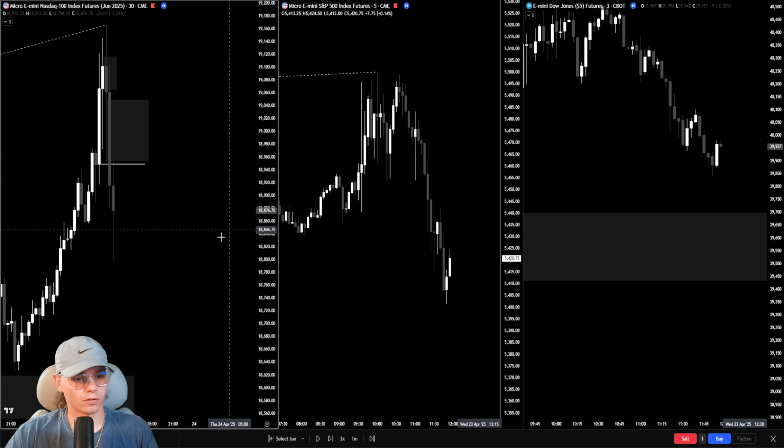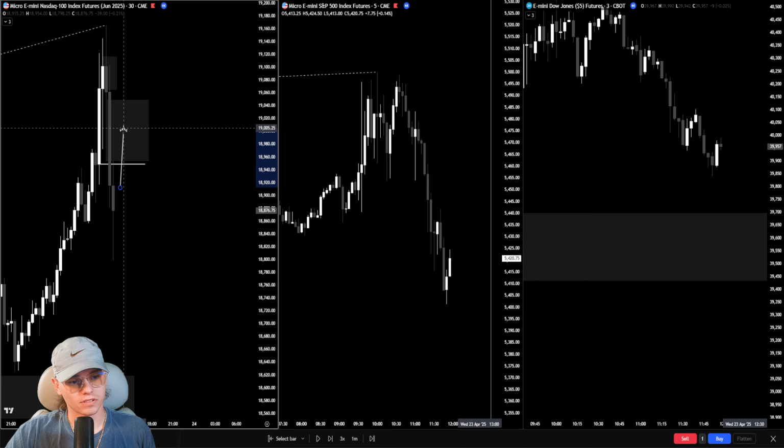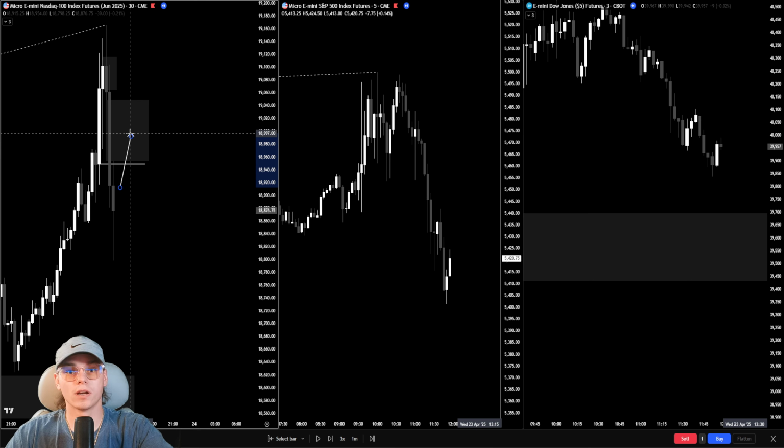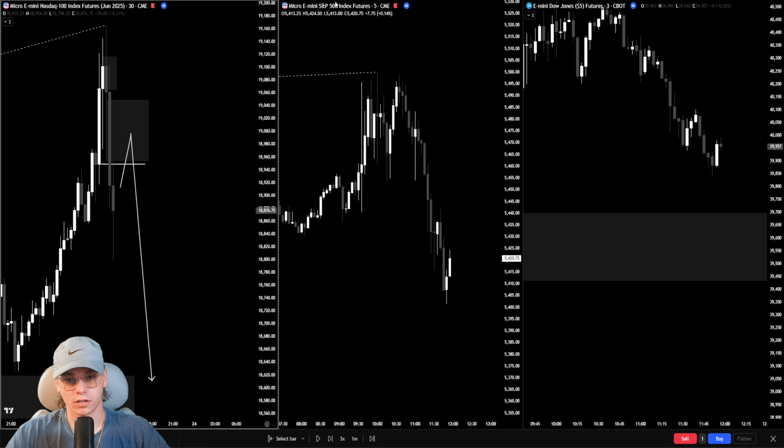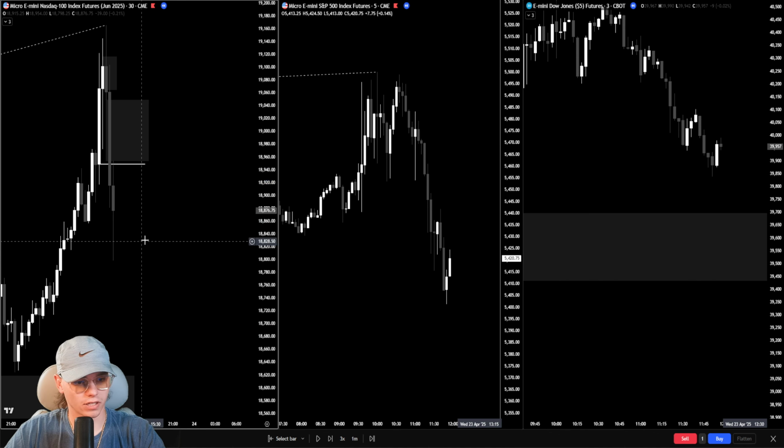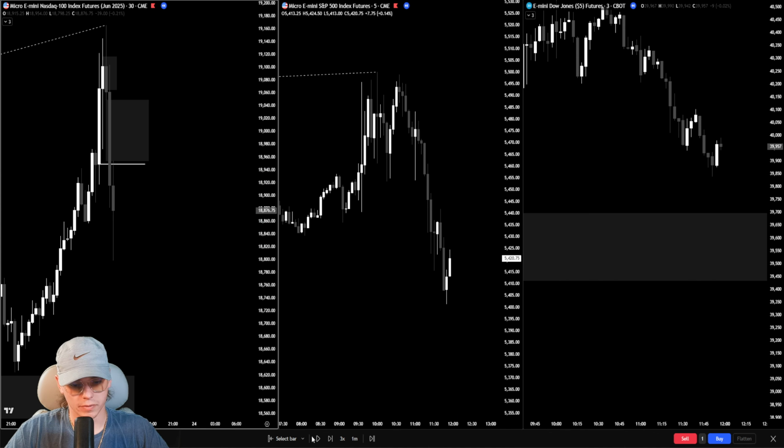So right now, what I'm thinking is I want to see this next 30-minute candle trade up into that fair value gap, and then I want to see it trade lower, and I'd be looking somewhere in here for the execution. We can kind of play around with it and see. I want to make sure that,